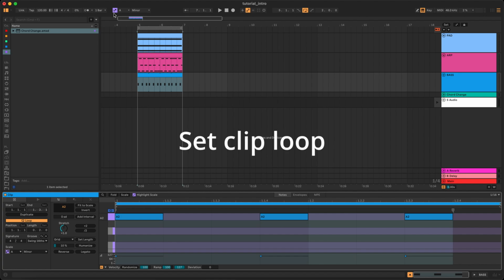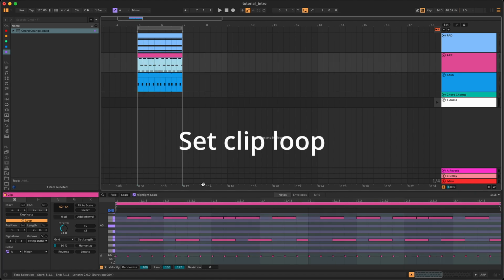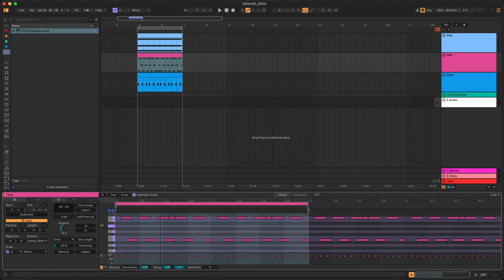The device will use the notes that are within the clip loop, so make sure that the clip loop is set around the notes that you want to use. For example, if you have a long sequence of notes inside the clip, set the clip loop to the notes that you want to include. If you have in mind a source of 2 bars like this, but the loop inside the clip is longer, make sure to set the clip loop to correspond to the loop length you have in mind, in this case